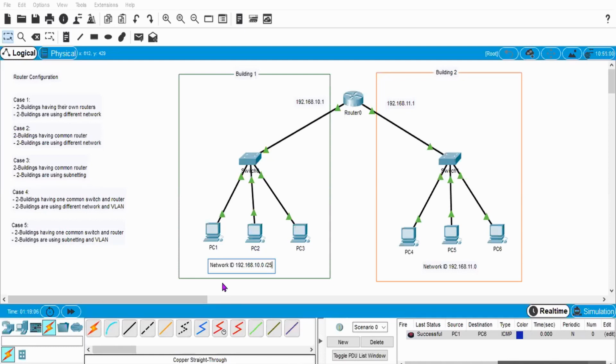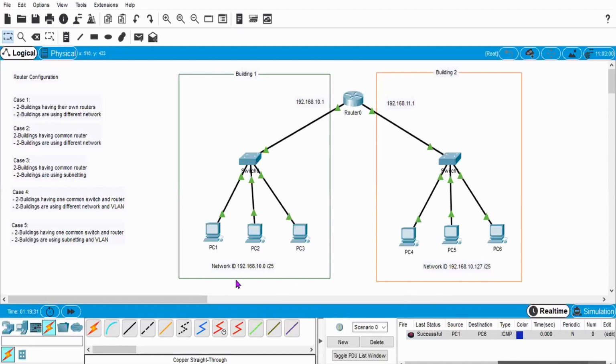So this network's ID is 192.168.10.0, and here if I write 192.168.10.127/25, this is my second network.